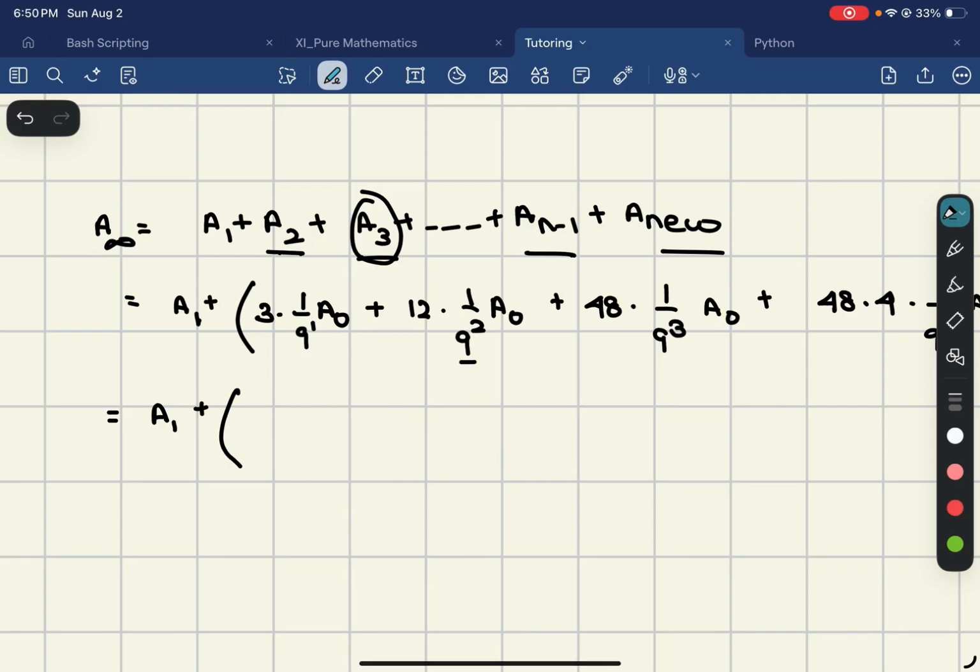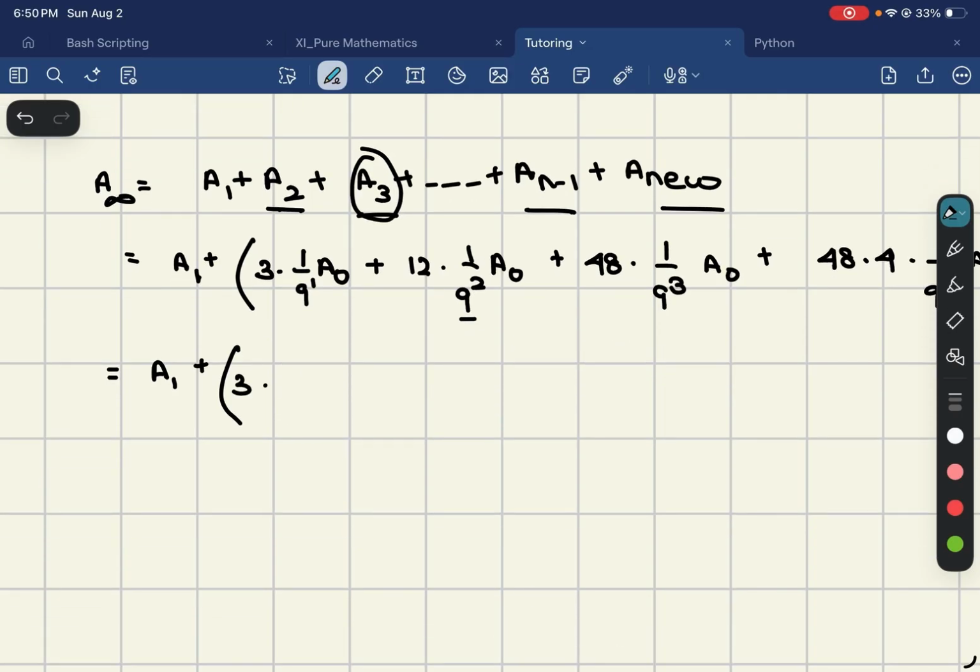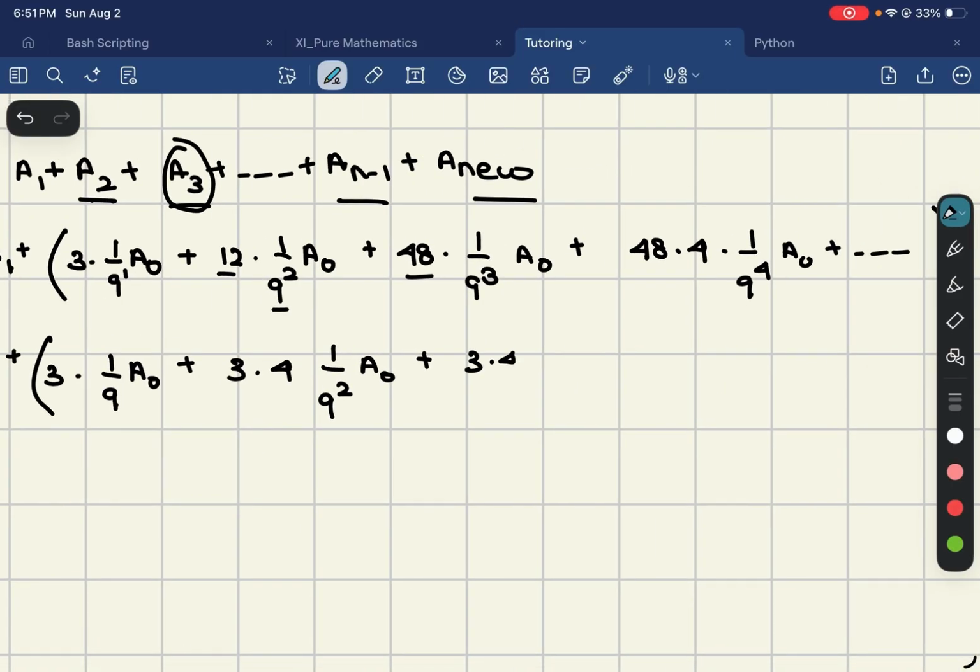It's sort of difficult to figure out the pattern, but we have this expression here, right? And then 12 is just, how did we get 12? Well, we had 3 sides, and then each side had 4 extra parts to it, right? Each side has 4 side lengths, so we multiplied by 4, so this is just 3 times 4 over 1 over 9 squared, a0. But this is just 3 times 4 times 4 times 1 over 9 cubed, a0, plus,